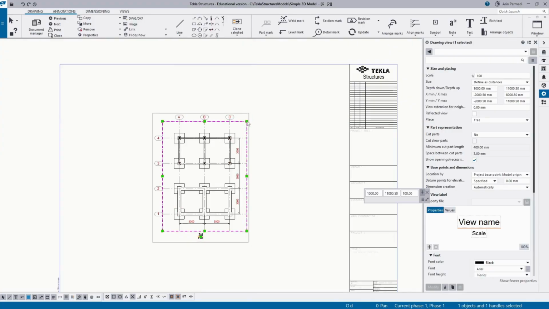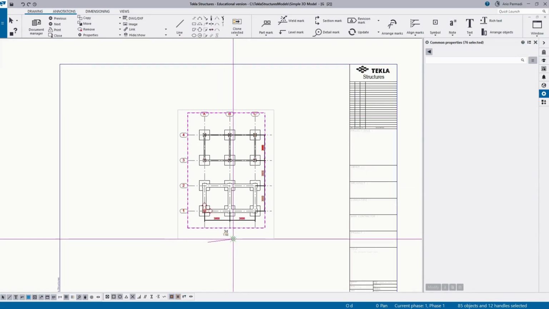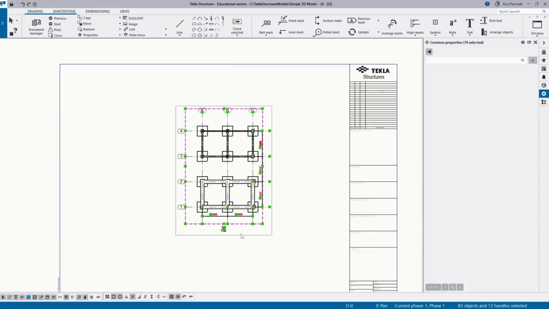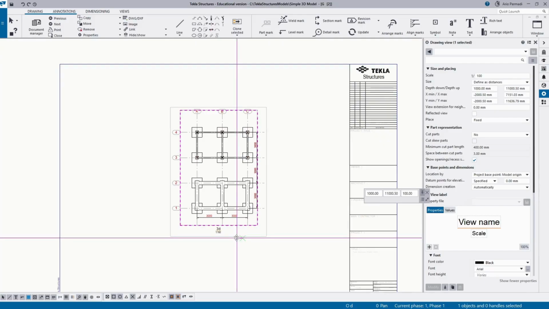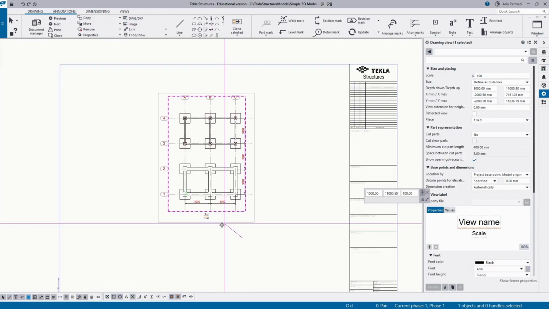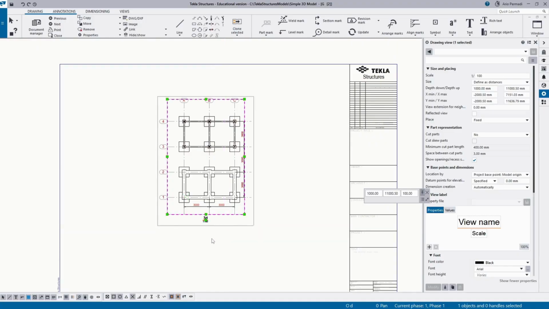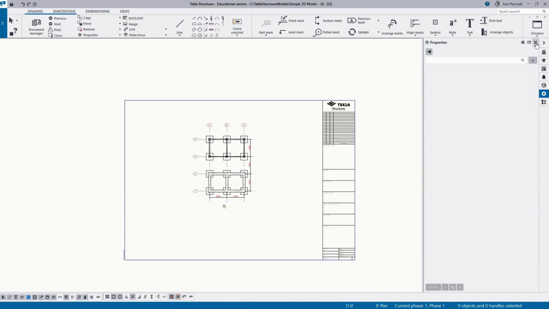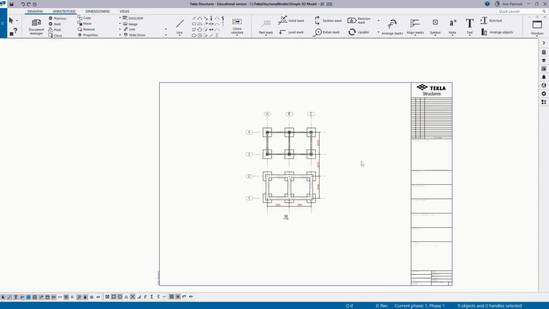Just click this, sorry, it's not correct. Just click this gray border here and then you can hold it. Then you can adjust the position of the drawing. Okay, after that, you can also